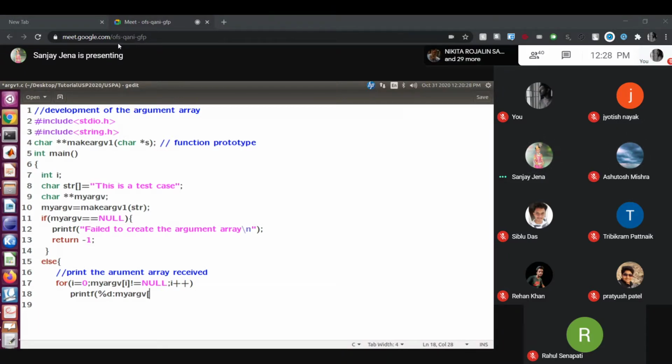Return means end of the program. If something is wrong, already returned, program over. My argv of i means percentage d equals percentage s. This simply we can write slash n, right? I require i, comma, my argv of i. Else part over. Finally, you have to return with success 0.